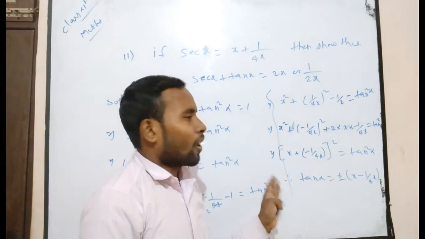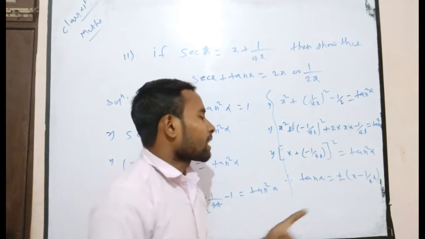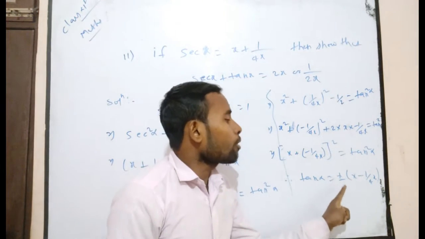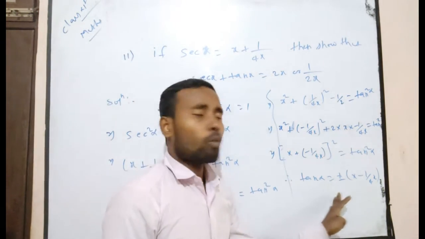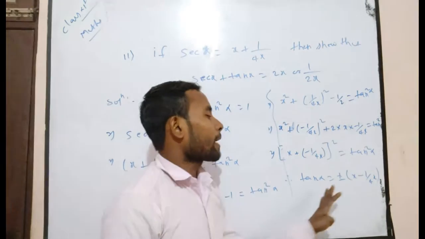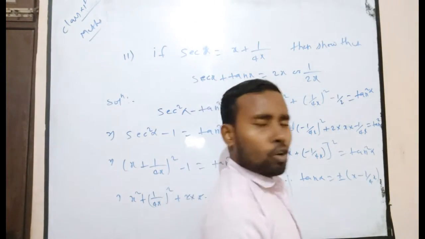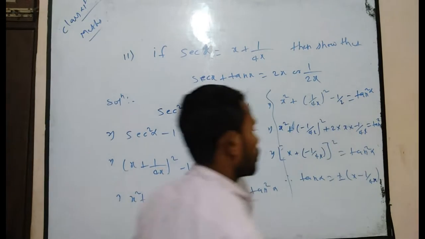If you go in the first and fourth quadrant, then you get tan alpha positive or negative, because in the first quadrant tan alpha will be positive and in the fourth quadrant tan alpha will be negative. So you can say that here tan alpha is equal to plus minus the root of (x minus 1 upon 4x). Now here x is in the denominator.